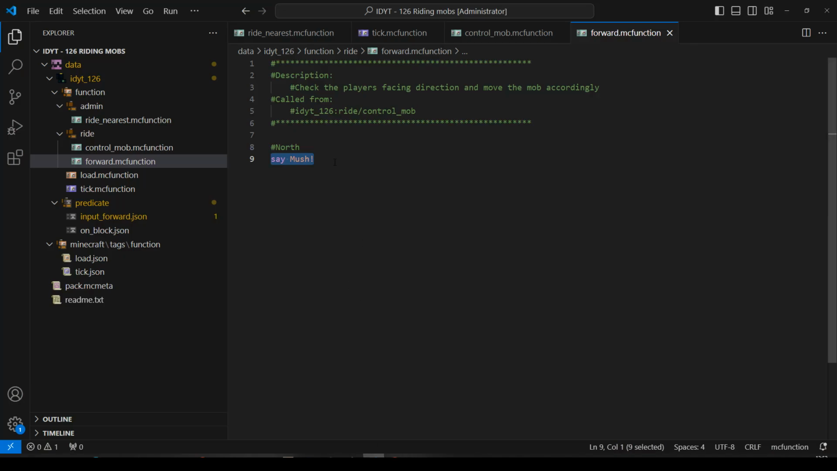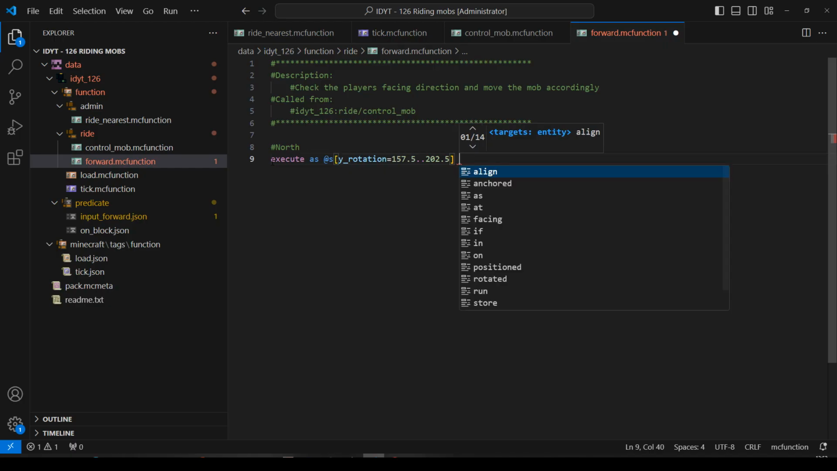So if I make the command, that might make more sense. So let's execute as S, so still the player that is on the cow, that is pressing forward. And we'll check my Y rotation. We'll attempt to spell the word rotation. Y rotation equals 157.5. And we'll add 45 to that. We'll just say 202.5. And